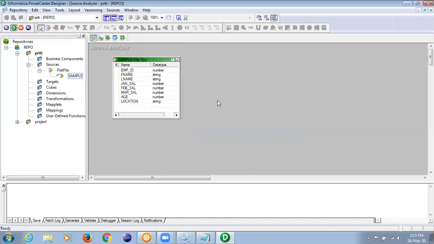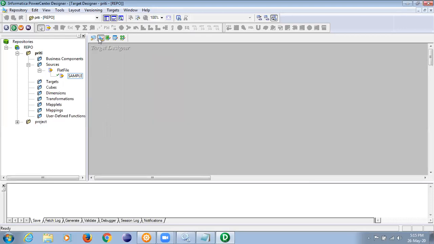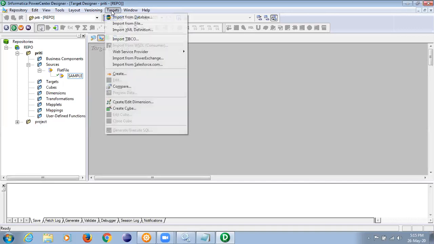But now in our logic, what we are trying to implement in our scenario while we are learning this, is my target structure expected to be the same as source? Right now my target structure is expected to be the same, right? I said load as it is. Can I not import the same source file? Anyways, I just want the structure, right? Do I want the data now? No, I just want the structure. So if I import the same source file, will I not get the target structure here in Informatica? Yes. That is also possible.